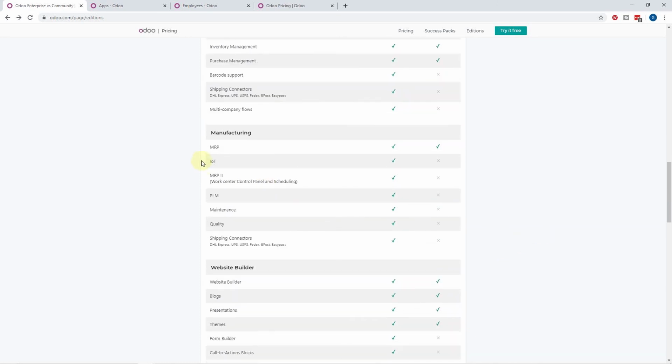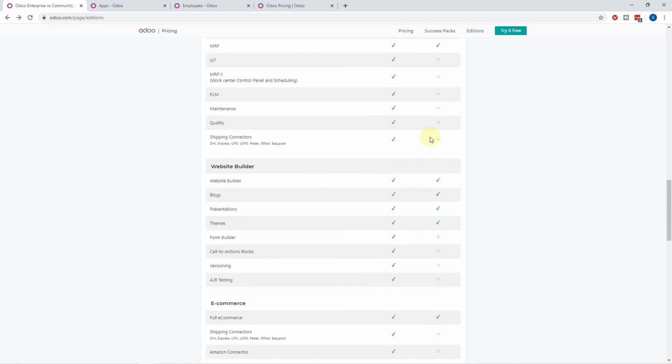If you're in the manufacturing sector, again, there's a lot here for managing work center planning and the PLM, the product life cycle management. So if you're doing a lot of product development, that's important. Quality control, we've already seen, and the shipping connectors and things like that. Now,